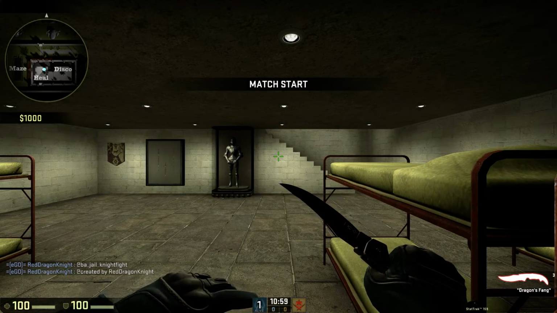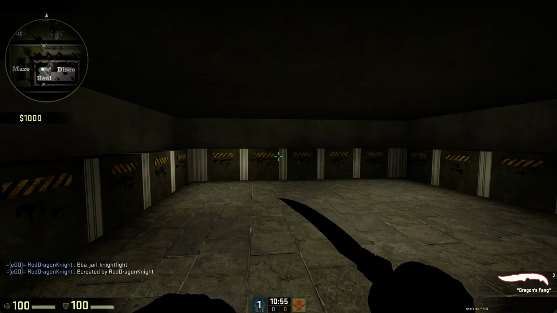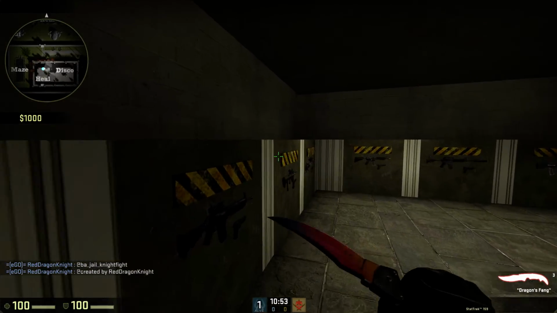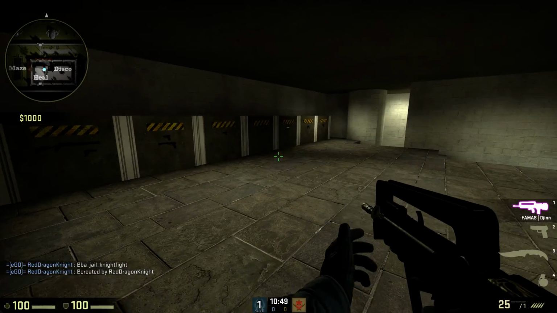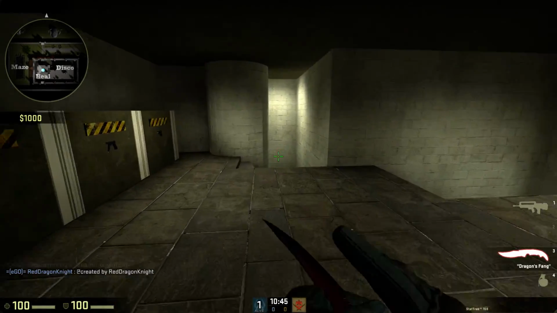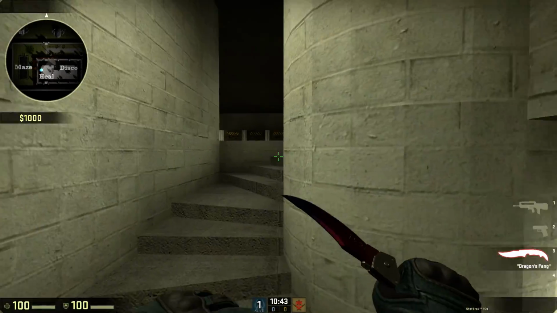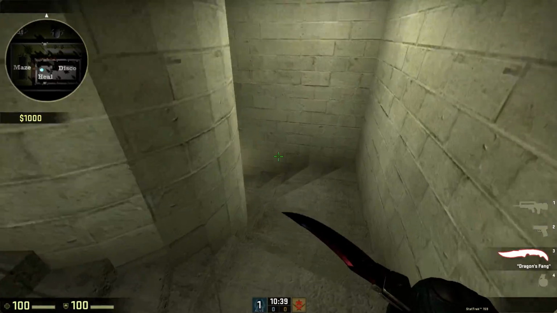Let's go! Hello everybody, my name is RDK, and here I'm going to go through a basic rundown of what can be expected from my newest map, the AGL Night Fight. So it's my first time doing this, so just cut me some slack, I don't know what I'm doing. So CTs start in this little spawn area, they go up, get their guns, and they head down